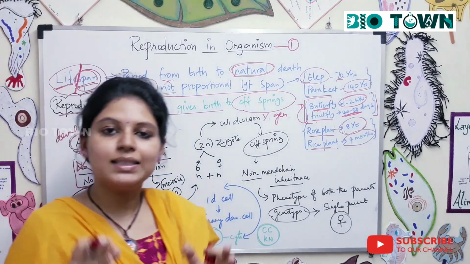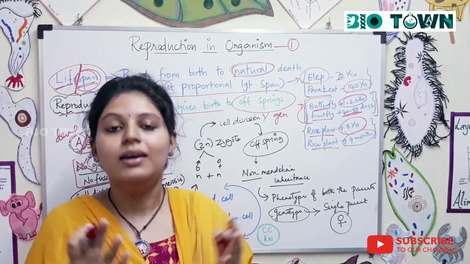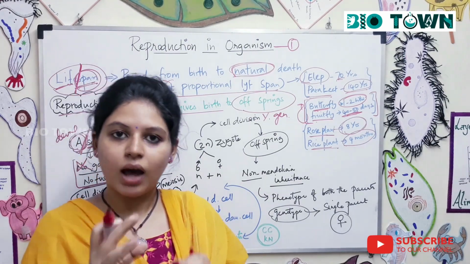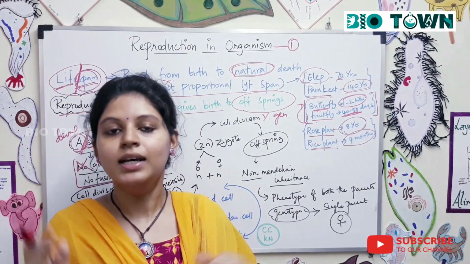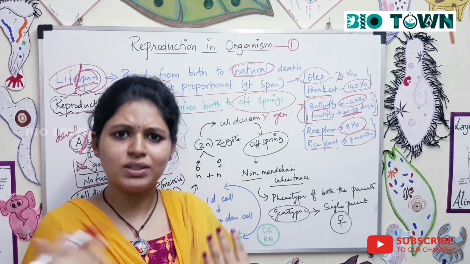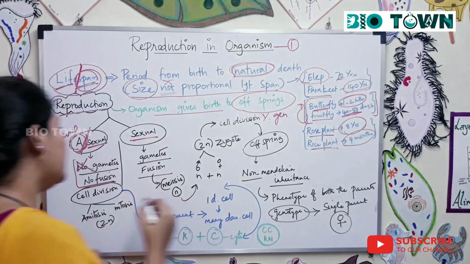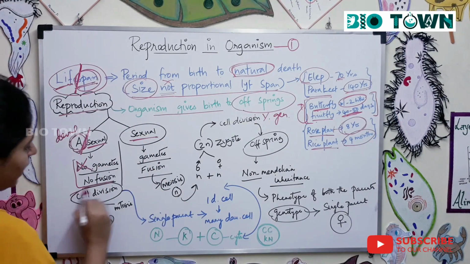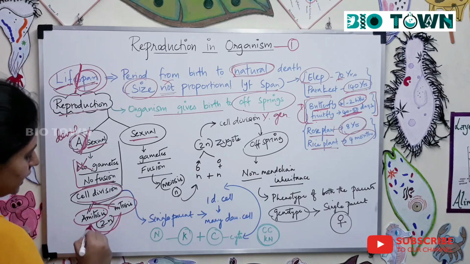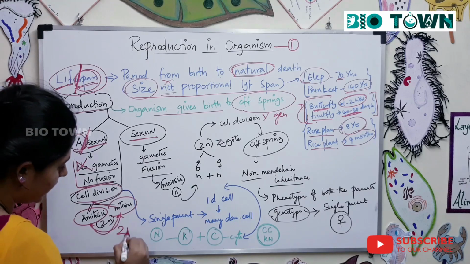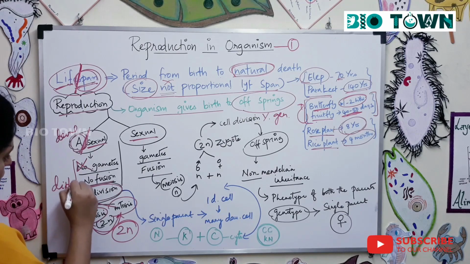So in asexual reproduction, there is only one individual that acts as both of the parents. For example, binary fission in amoeba. So amoeba is a single parent and it gives rise to two identical daughter cells. Amoeba does not undergo meiotic division because they do not have gametes. So they undergo a basic cell division. Alright, and now in asexual reproduction, you have cell division, that is amitotic and mitotic cell division. In these two different types of cell division, there is 2n number of chromosomes, that is diploid number of chromosomes.